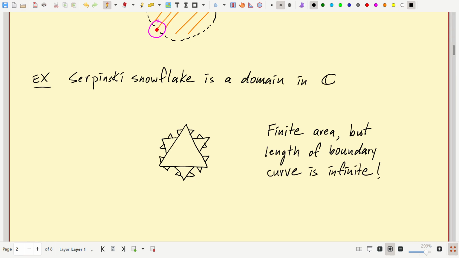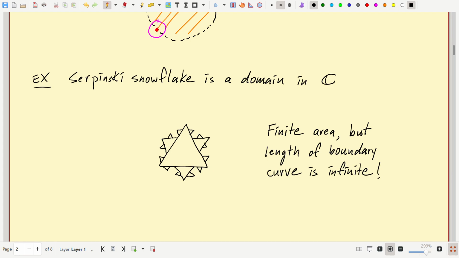There's a famous thing called the isoperimetric inequality that says that the circle has the smallest perimeter possible for something of that area. And it shows that the isoperimetric inequality can get really bad because you can have a finite area and